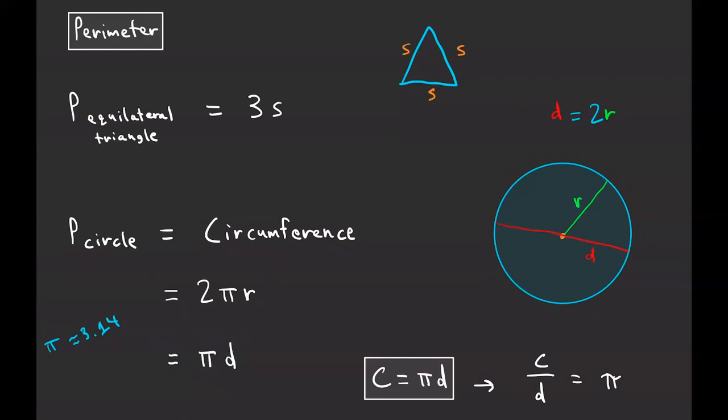And this actually leads me to a little fun story. And this is how mathematicians came up with the value of pi, how they know that pi is 3.141592. It keeps going on forever, obviously. But how they know that this is the value of pi is they had all these circles. They had circles of varying sizes, whether they were tiny, small little circles, or they were huge circles,